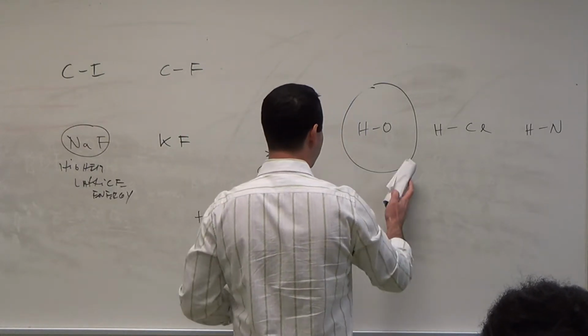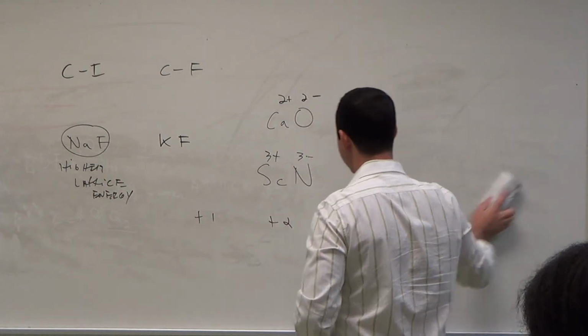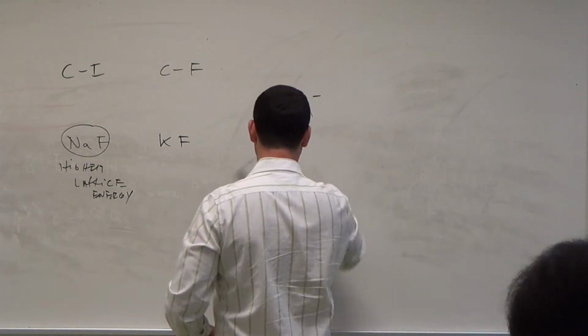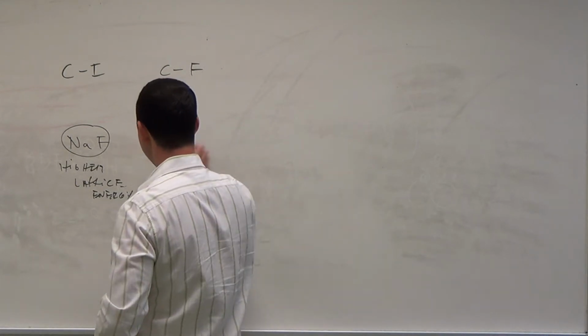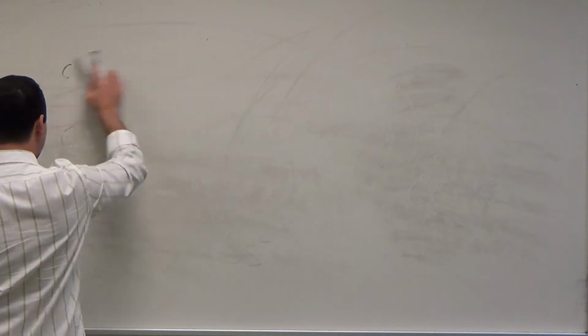Of course, if the bonds are polar, there is a possibility that the molecule will be polar. If the bonds are non-polar, then the molecule will be non-polar. But that has something to do with the shape of the molecule. Do you guys want to do molecular shapes? Yes. In order for us to do molecular shapes, we have to know how to do